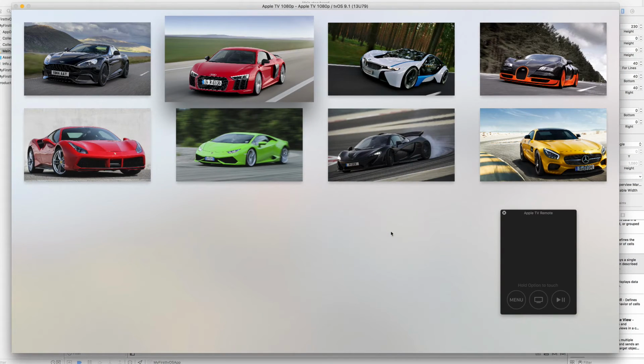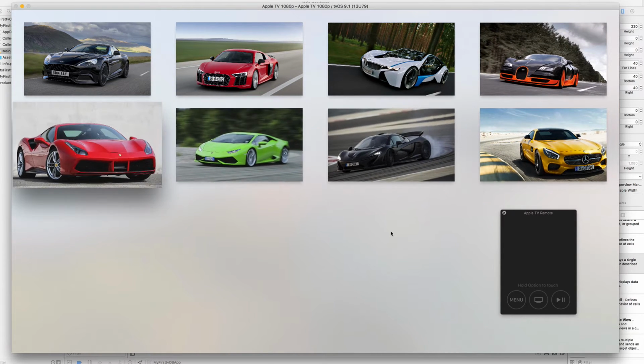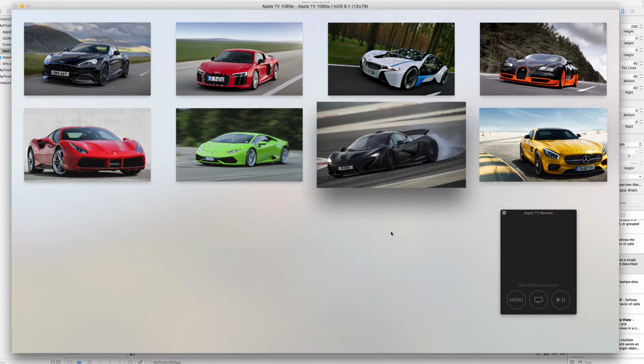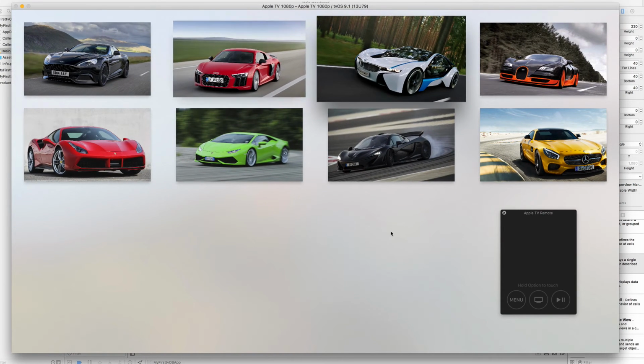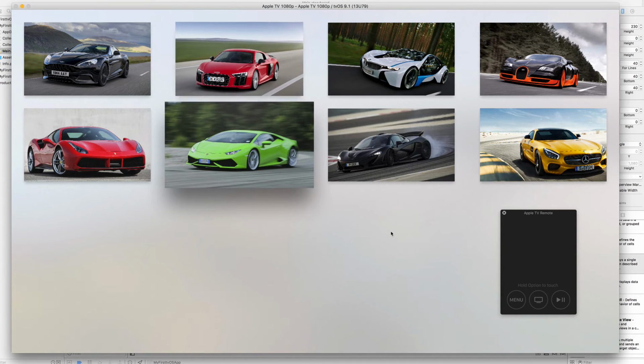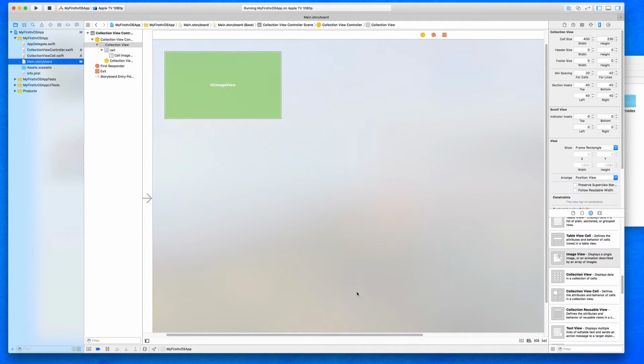Okay then, so continuing from where we left off in the last part of our crash course, we now had the ability to navigate between all the different cells which are displaying the different cars within our collection view. So we now want the ability to, when we select one of them, as I press enter there, as you can see, either on the keyboard there, or if I did it on the controller, there you go. We want the ability to then push to a detail view to display more about this car, more in depth, more details. Now to do this, we're going to jump into our project, and we need to add in